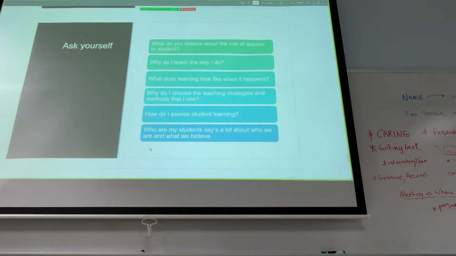I would believe that they should be guiding the class. Simply teaching. Just that's it? That's all they need to do? And what about the role of a student? I would think that a student would be a good listener and actively participating in what the teacher is explaining to them. Okay.